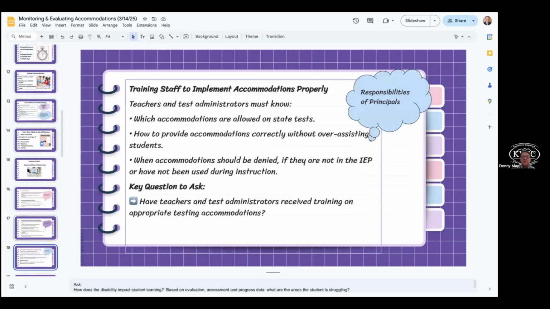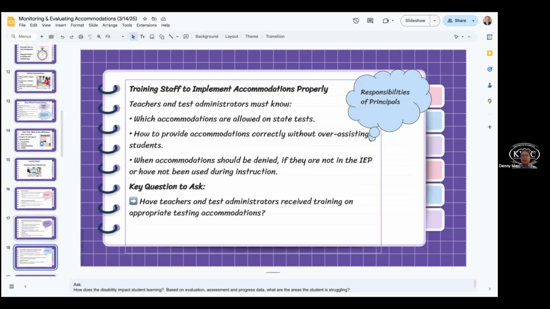Another responsibility of principals is having your staff trained. Teachers and test administrators must know which accommodations are allowed on the state test and how to provide accommodations correctly. We do have some things linked in here; the inclusion document is linked, and it goes in deeply into what's allowed and what's not allowed on the state test.